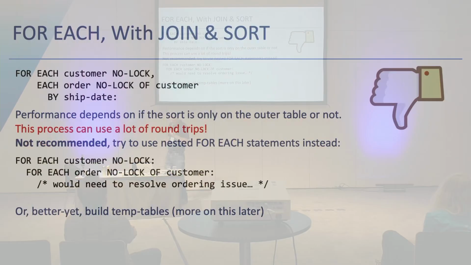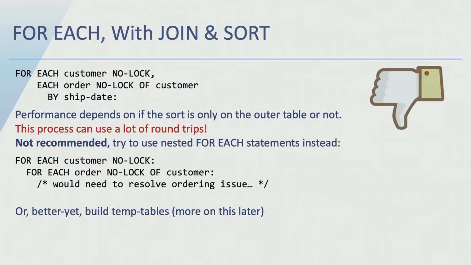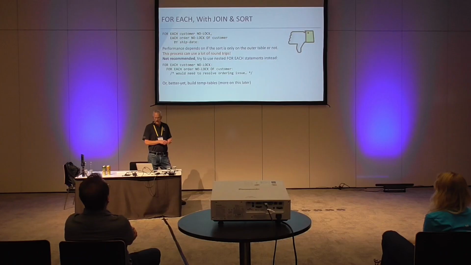Okay. So another variety of for each is with a join and sorting. Now these are no-lock queries, so these qualify, but they are joined. So we're getting the orders of the customer, which works pretty well. But when you sort that by ship date, that kind of messes things up. And it results in an awful lot of round trips going on because the sort order breaks the ability to